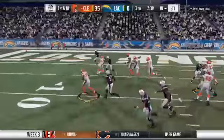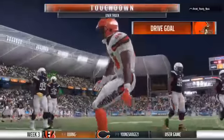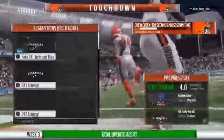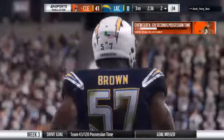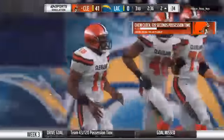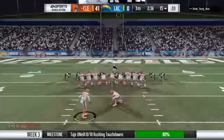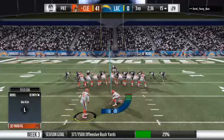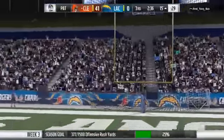A handoff as they run the counter play. Oh, and he'll barrel his way into the end zone for a Browns touchdown. A great effort there. A 10-yard touchdown run. And the Browns take advantage of field position on the turnover to cash this one in. Gonzalez to add the PAT. And it's no good. Oh, he misses the...